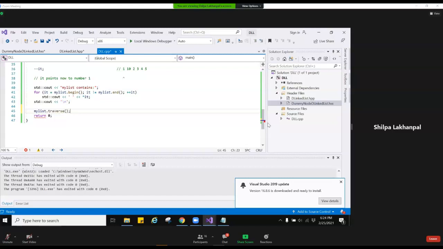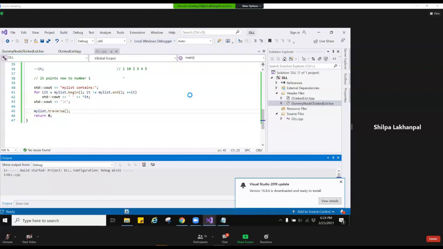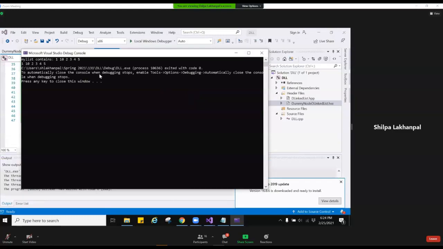And then let me try to run it. As you can see, this checks the correctness of the code. Whether I am iterating over it using just the begin and the iterators, or I am traversing using my written function with the pointers, I am doing the correct thing. That is going over one by one and printing it out.